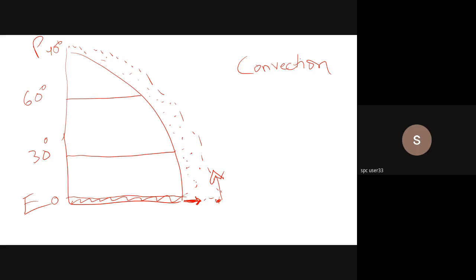And it so happens that these particles start moving towards the poles. And by the time they come to around 30 degrees, they tend to be drawn down to the surface. They're cold, they're heavy, so gravity pulls them down and they come down to the surface as such. And from here, some of these move in this particular direction, some of them move in this particular direction.